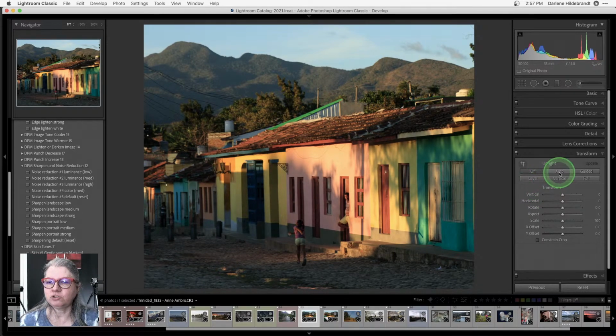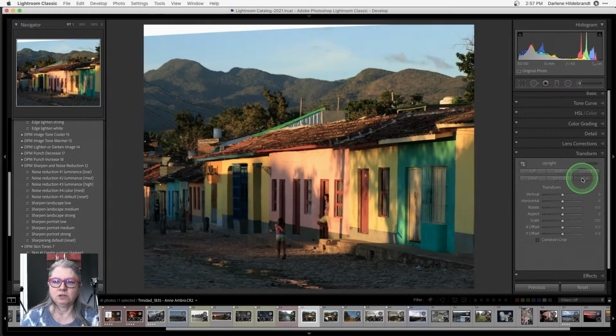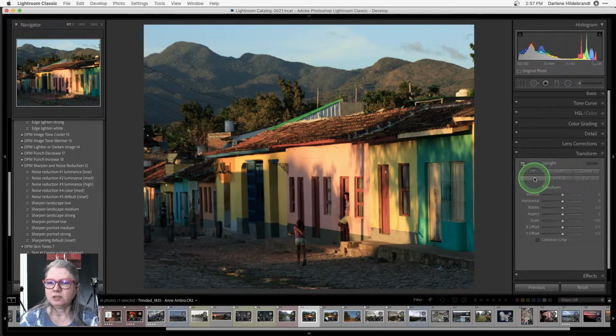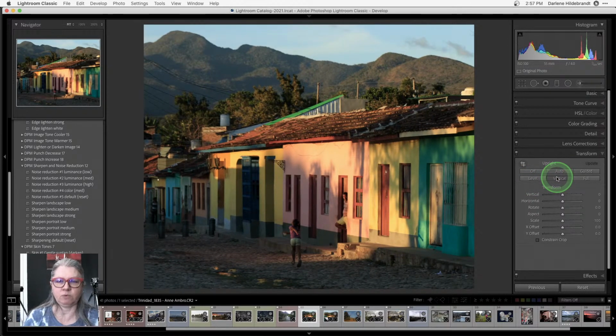Okay, so I'm going to try auto and see what it gives me. Okay, so it did correct the tilt. Or let's try full. Okay, so full is going to try and straighten all the angles, and you'll notice that it did sort of a perspective correction as well. So I don't want that per se, but let's go level and vertical, and now we've got straight up and down buildings.